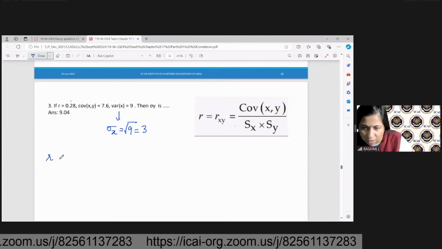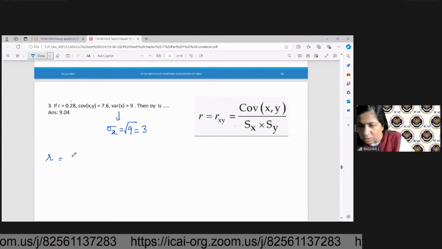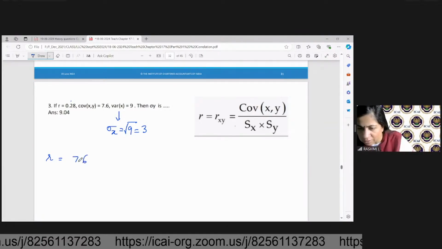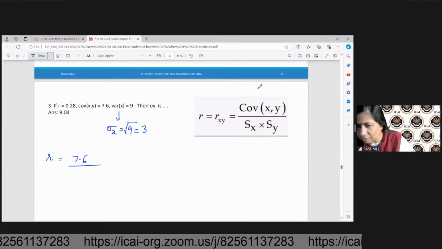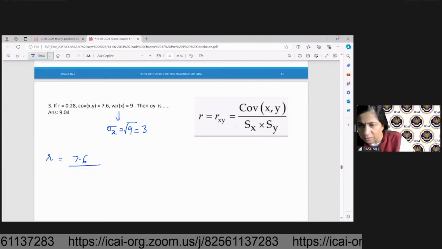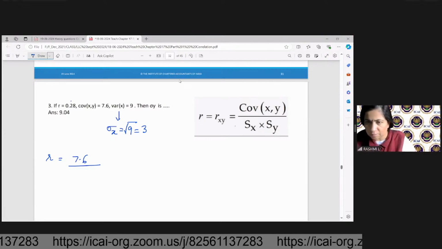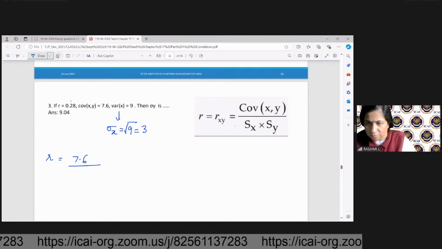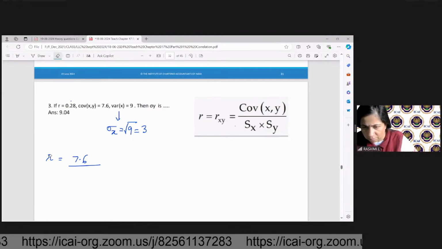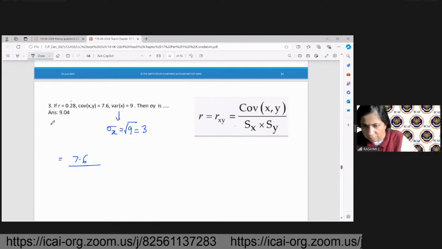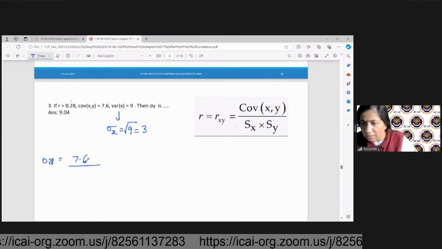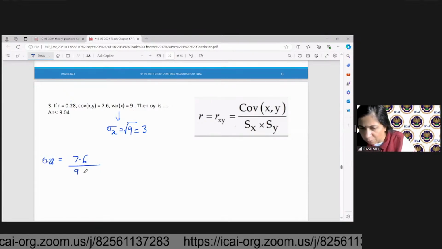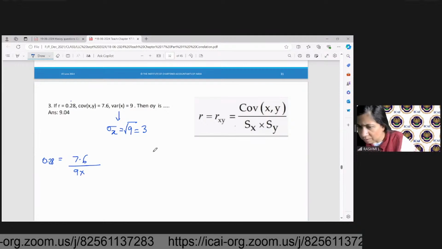So R will be equal to, not R, R is already given, 0.28, 7.6 upon 9 into sigma into,